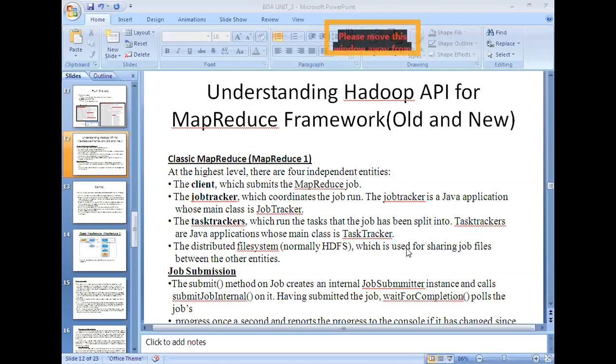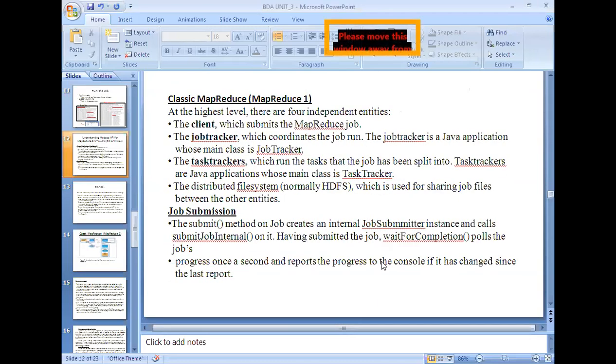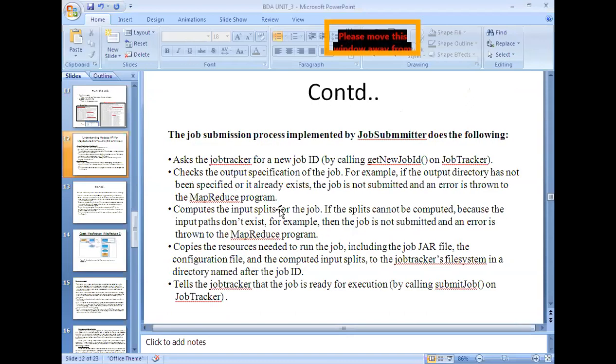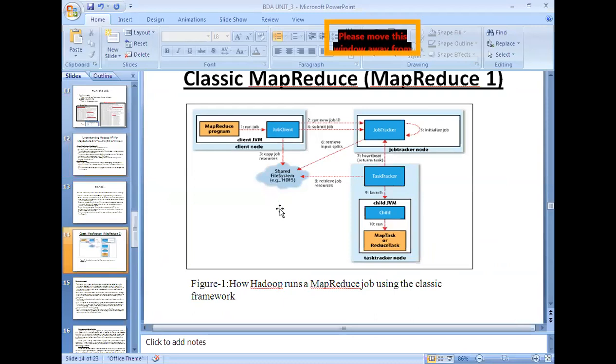Now first, look at the diagram. This is the flow of execution of the job in the classic MapReduce environment. This is the MapReduce program. We submit it to the job client with the help of the configuration object. This is the client node, and it will be submitted to the name node itself.